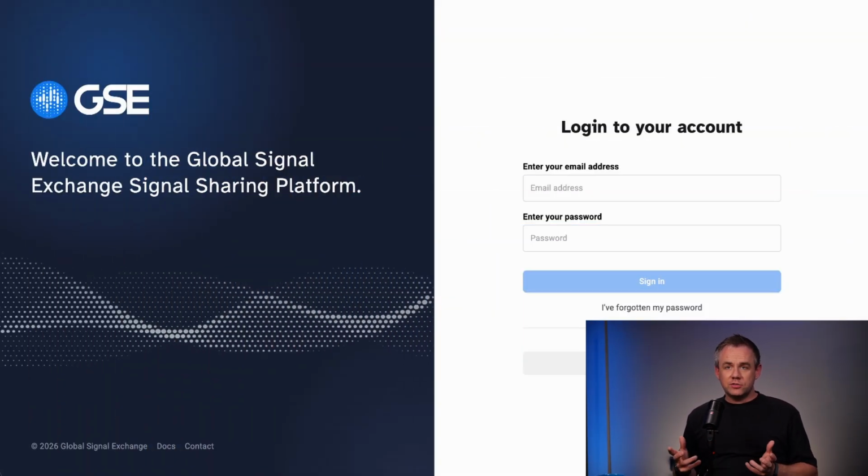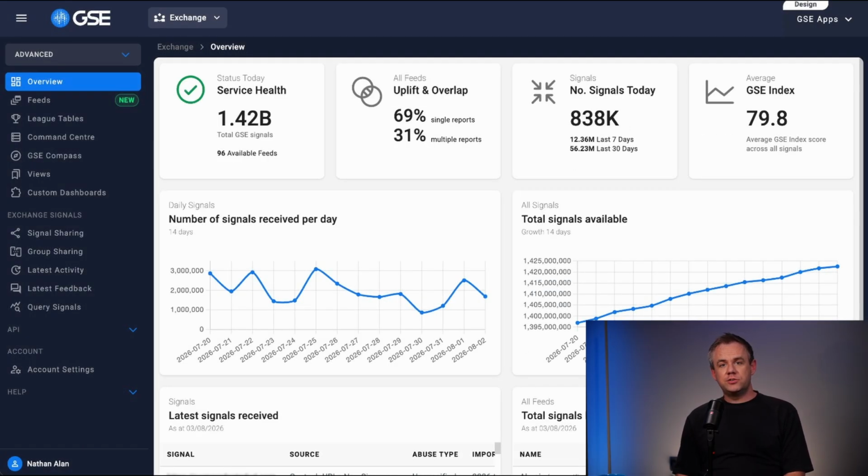So the big change this release is that as soon as you log into the GSE, you're going to see some nice new user interface. We've taken some feedback on board from our users of the platform, and we've tried to simplify the user experience. So what you're going to see as soon as you log in is a nice new login screen. Once you get past that point, you'll very quickly see the nice new left-hand menu bar and the repositioning